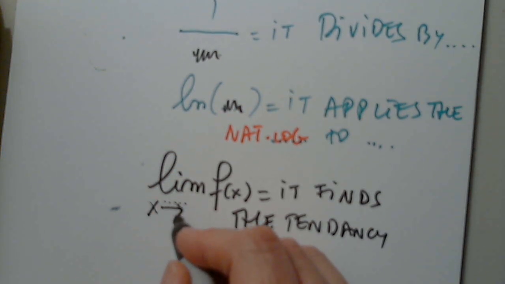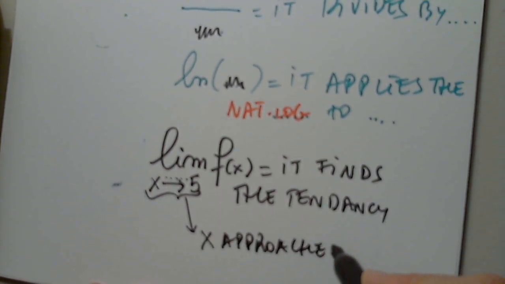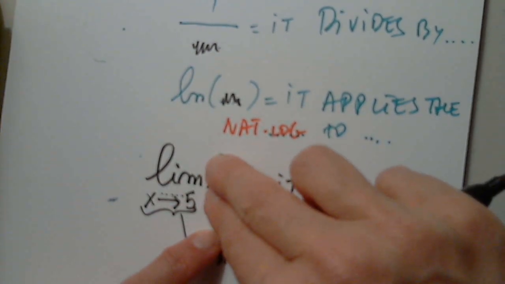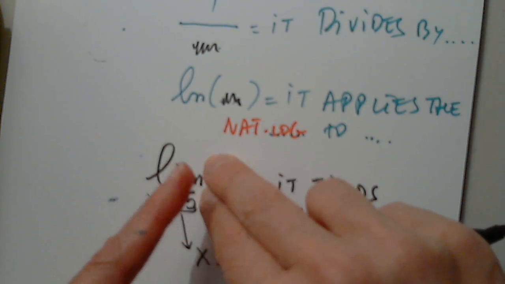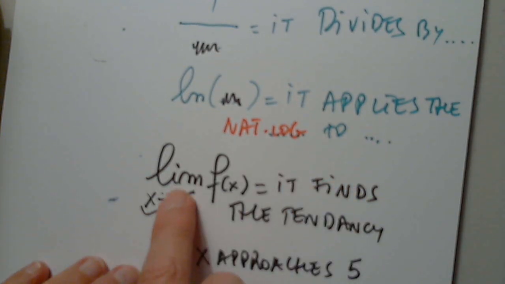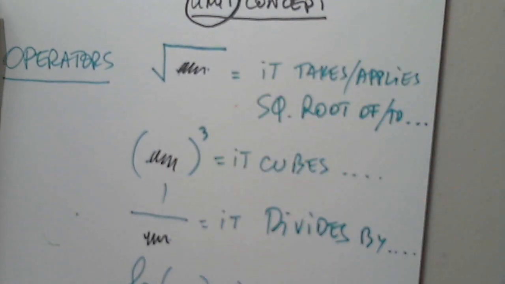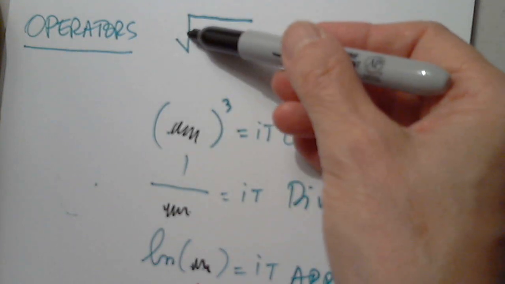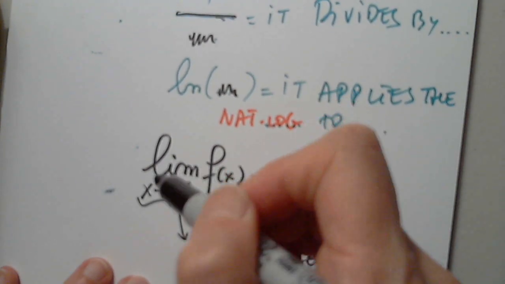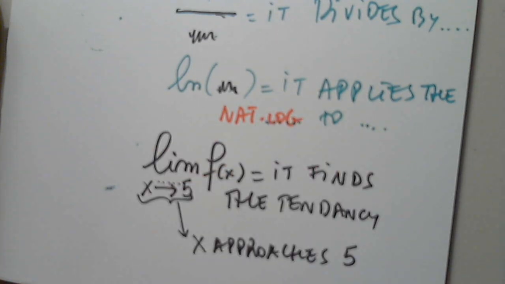When x approaches, let's say 5, this is red, x approaches 5. So this operator is telling us where the function is going, the tendency of the function, what it approaches, which value or maybe no value, when x approaches 5. So this operator has to be understood in the same way as every other operator, but it does something else. They're all different. We never repeated anything here. This does one thing, this a different thing, different operation. What does it do? It tells us where the function is going when x approaches 5. Okay, so let's